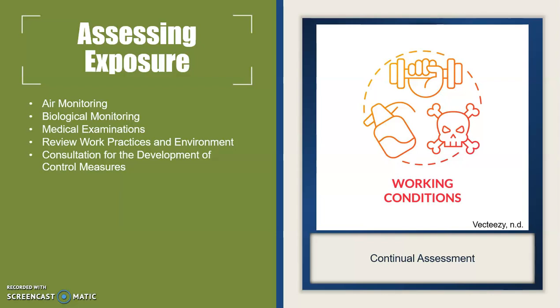Surface wipe sampling. Collecting samples from work surfaces, equipment, and other areas can help identify the presence and extent of surface contamination, which may contribute to worker exposures. Visual inspection and job observation. Carefully observing work practices, material handling, and the overall work environment can provide valuable insights into potential exposure routes and risk factors. Combining these various exposure assessment techniques allows for a comprehensive evaluation of worker exposure and identifies areas needing